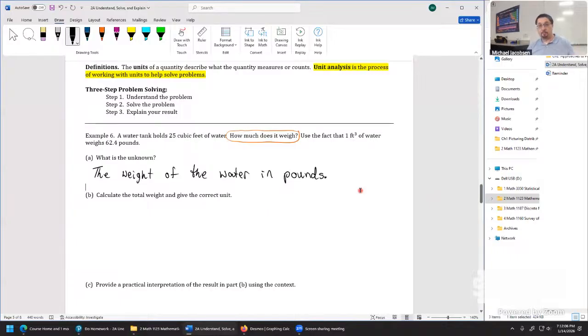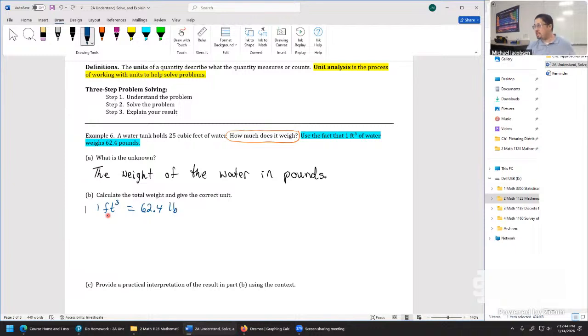So let's now move on to part B. If we're going to calculate the total weight, the major thing we want to use is this conversion factor right here. It was written in kind of a weird way. 1 cubic feet of water weighs 62.4 pounds, but you can re-express this in a different way. You could say, if 1 cubic feet of water, written in this way, equals 62.4 pounds,